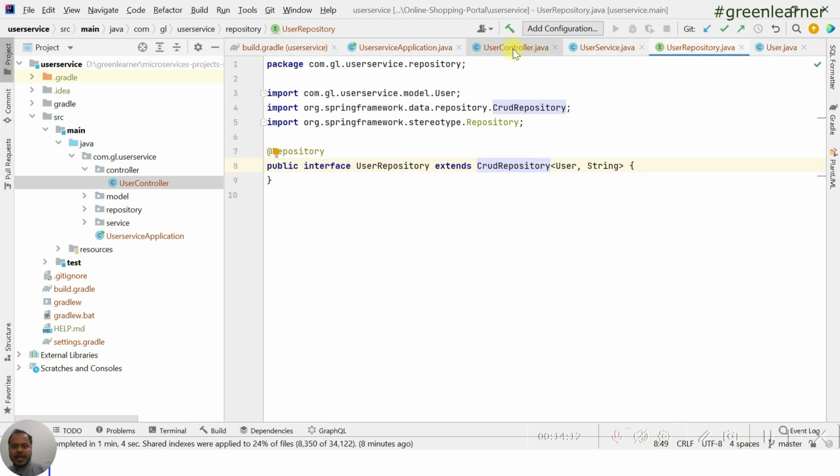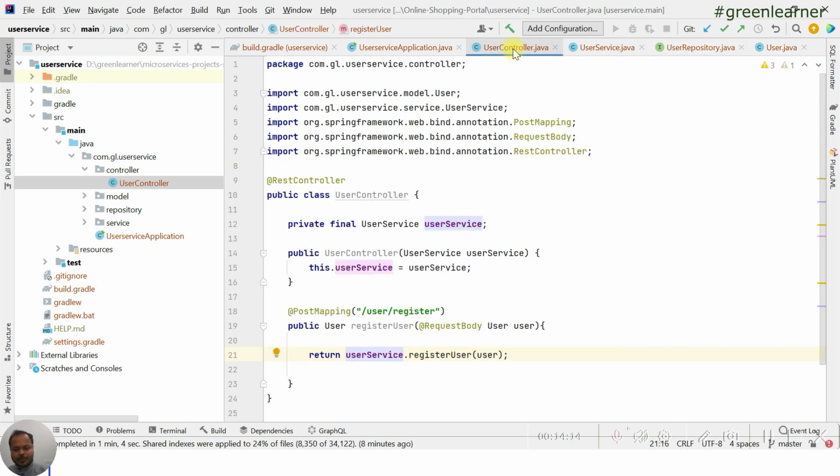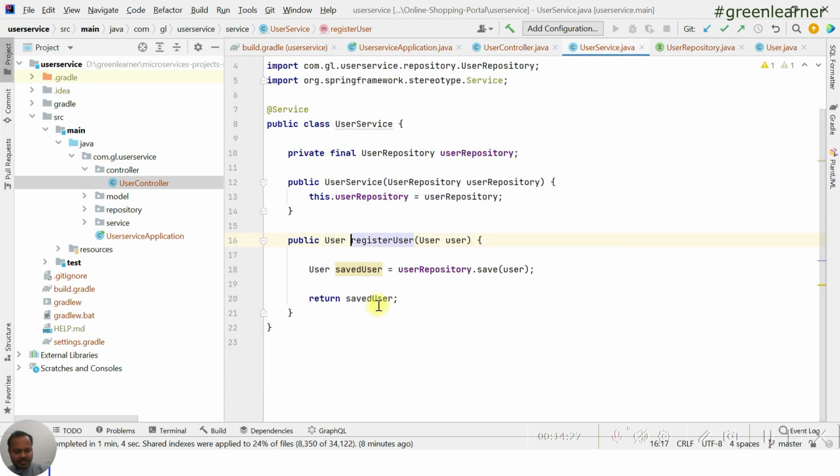So the user repository, and at this point of time, if I talk about the flow that is coming, when the user is going to call the user register, it is going to give me the request body for the user, with all the required information here. It is going to pass the information here, register user, repository. This save method is going to take care of saving the details into the database. So that database connection information is still missing. Okay, how to do that? So first, before doing that, let's create a table.